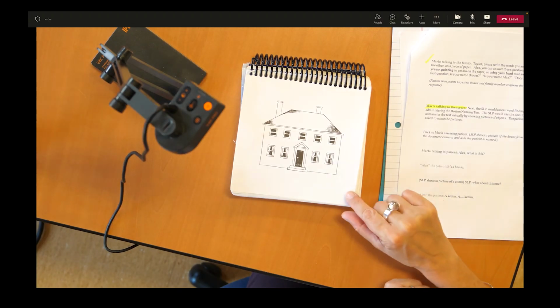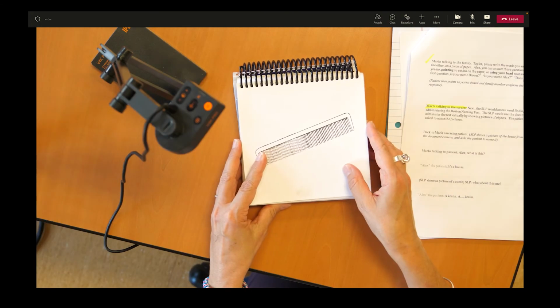Alex, what is this? It's a house. What about this one? It's a Keelan. After this virtual assessment, the speech-language pathologist would then determine whether further assessment and therapy of comprehension